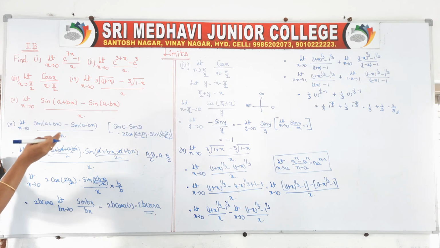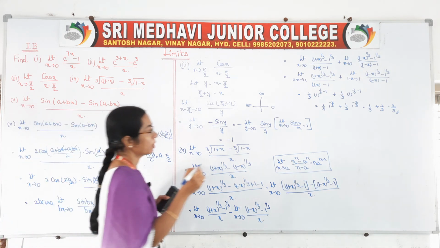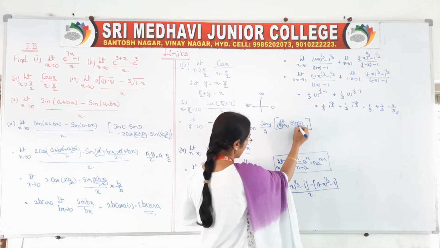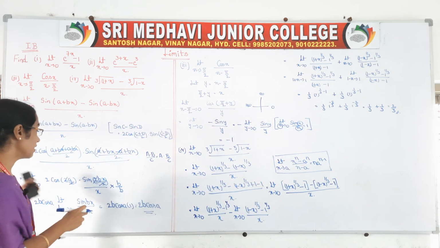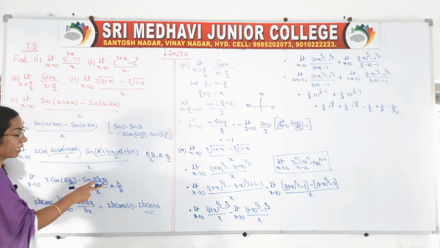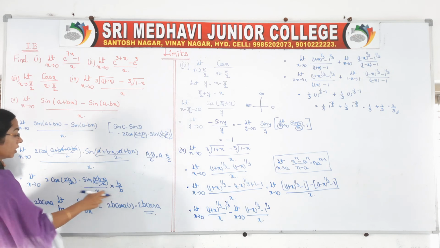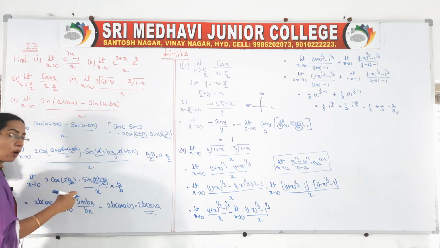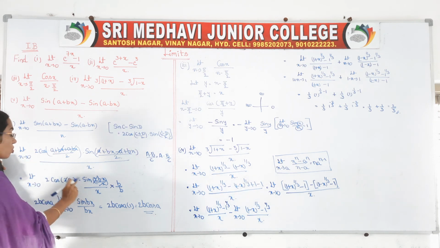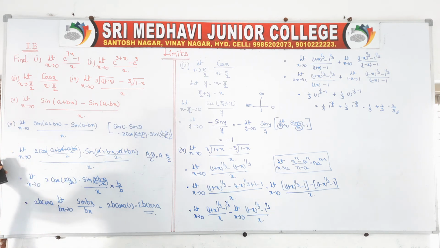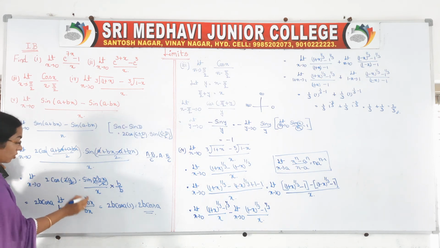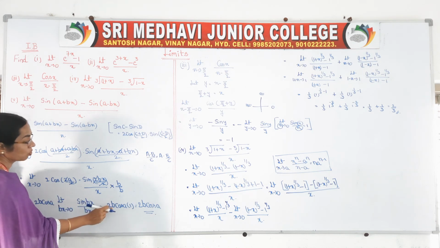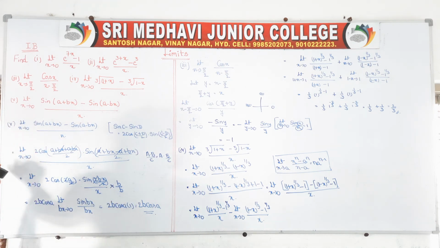Why downwards we want b value? So that we can apply that formula, limit x tends to 0 sin x by x is equal to 1, standard formula. I said this value, this value, this value, these three must be same, then only we can take that formula. So for that sake, here we want b, so multiplying and dividing with b. Okay, so this is bx, and you can take this b outside of the constant, right. So if x tends to 0, x value is 0, and 0 into something also 0 only, so bx tends to 0, this entire value is equals to 1. So 2b cos a into 1 is equal to 2b cos a.